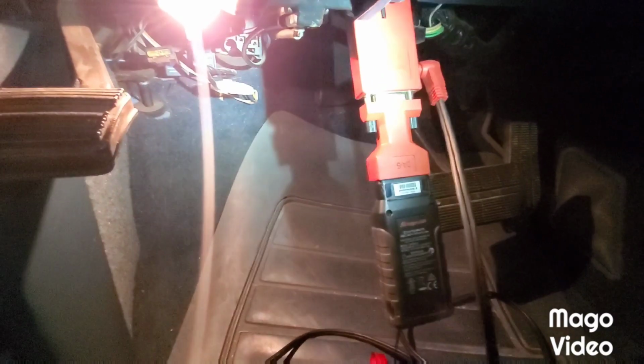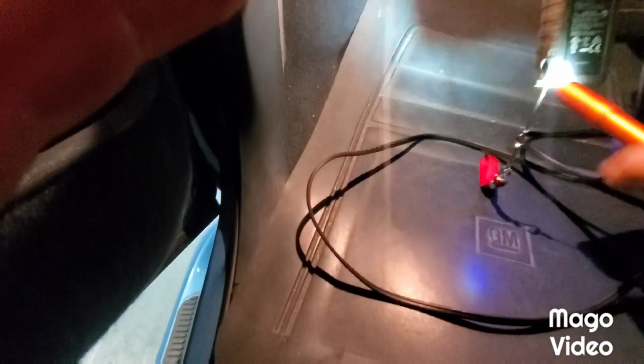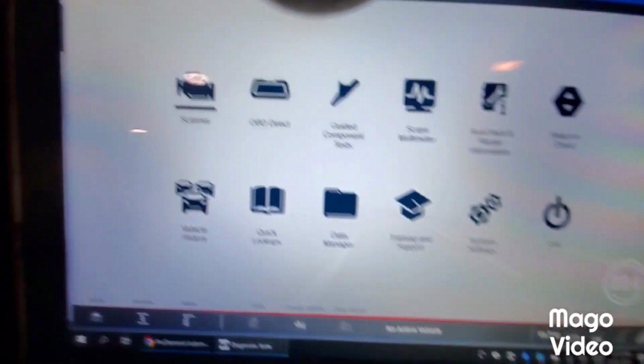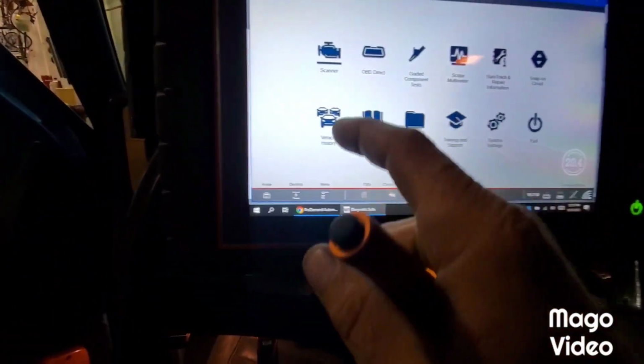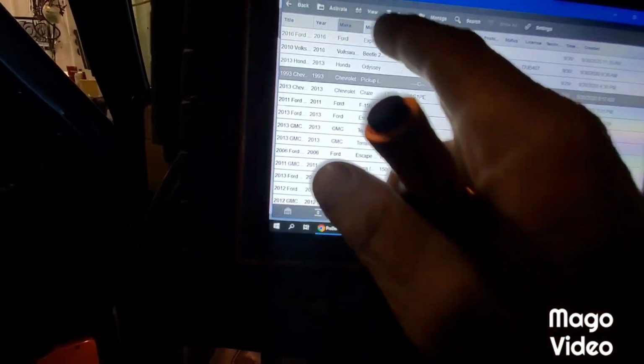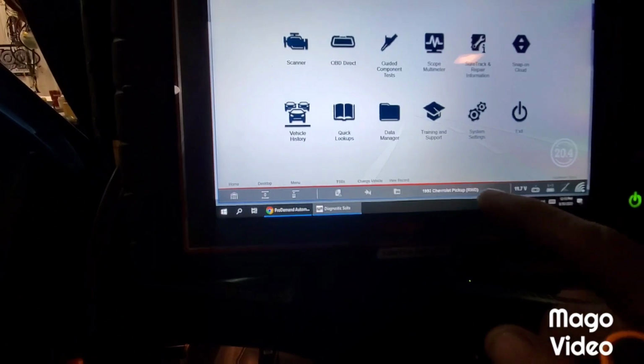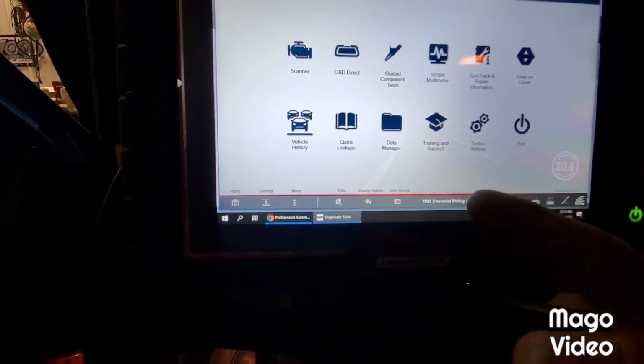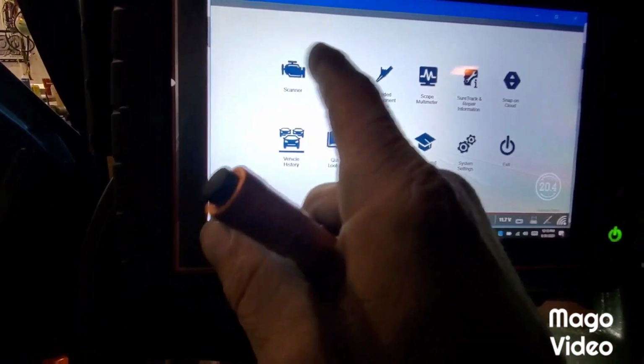OBD1 setup here, I'm in the DLC there, I got the GM adapter and the power feed to it. I did hear this baby come on, but that's my setup to pull the codes. I'll show you guys how to flash them out too, but let's see, I've had this hooked up before, so '93, let's activate that. Alright, so it's a rear-wheel drive Chevy pickup C1500, it's not four-wheel drive, otherwise it'd be